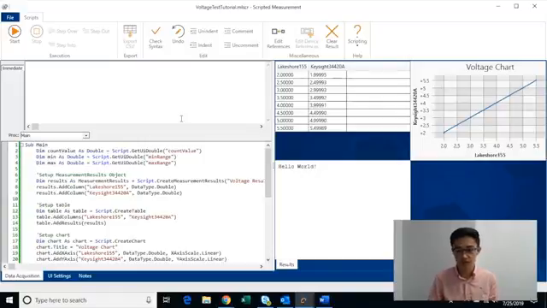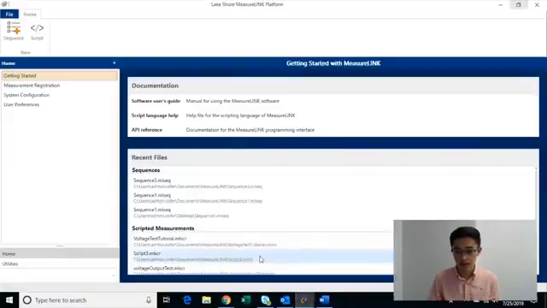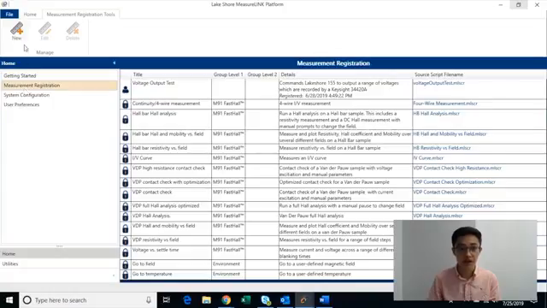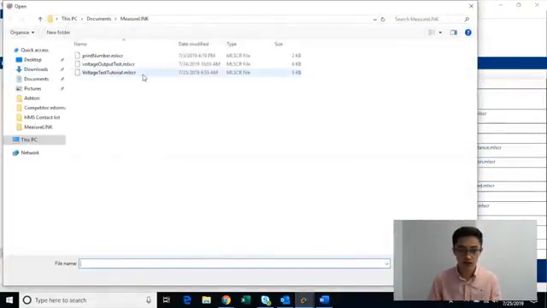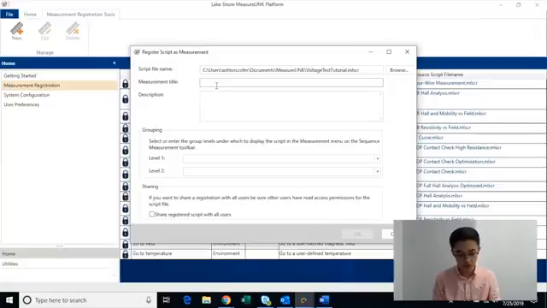So to register your script, we're going to want to first go to the home pane, and then we're going to want to click measurement registration and then new. To register your script, we're going to first click browse and we're going to find our script called voltage test tutorial. We're going to give it a title. Let's just say voltage output test. In description, it's going to be loop through a range of voltages on a Lakeshore 155 and record the results on a Keysight